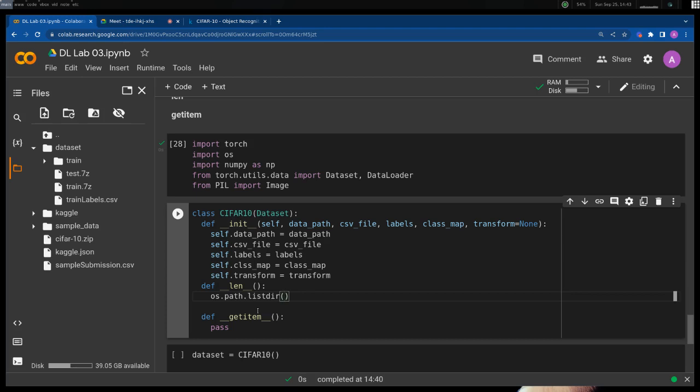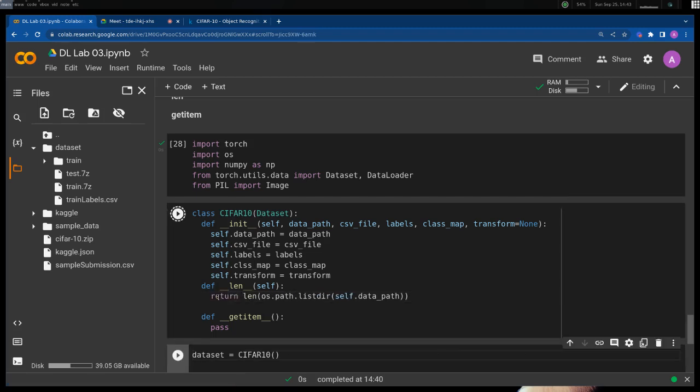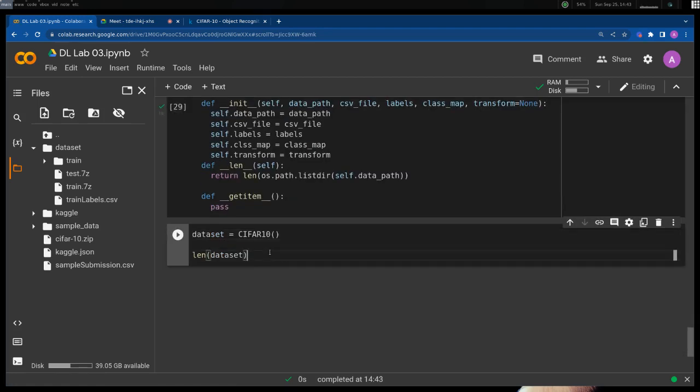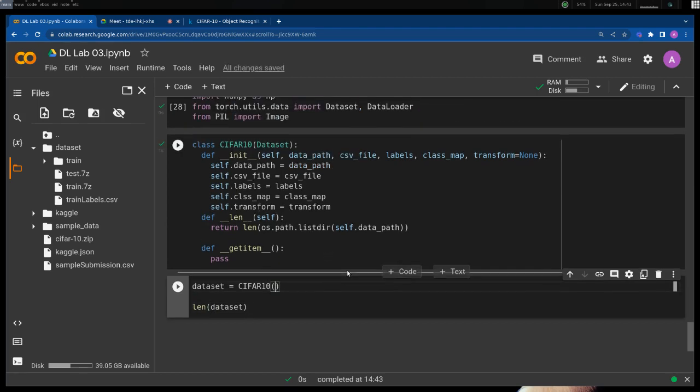So you'll take data path and call os.listdir on it, and this has to take self. This will give you a list of all the files that are there at this path, and then you can just call the length on that list. That will tell you how many files are there at this path, and then you can just return that. Okay, so let's just see if this works. Before we implement get item, let's see if it works. So we'll make a dataset CIFAR10, and then we'll pass to it